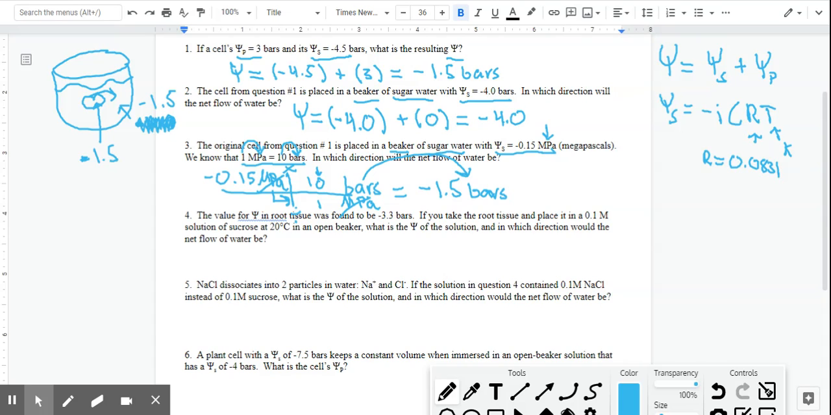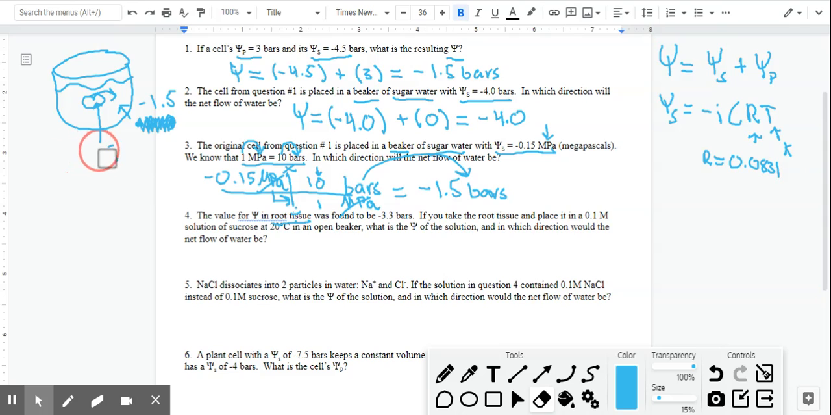Next up, for question number 4, well, we'll do 4 and 5. We'll wrap it up there. It says here for 4, the value for the water potential in a root tissue. Now we're talking about plants. And it actually gave us the water potential, which is super nice. I'm going to go ahead and actually